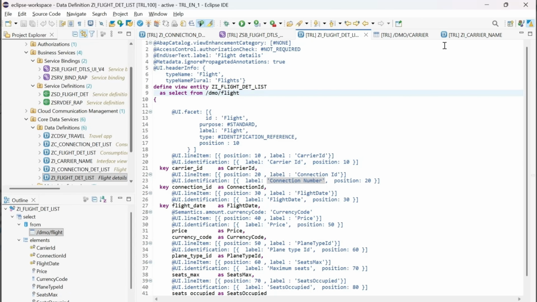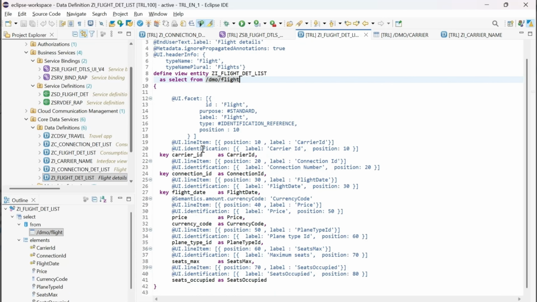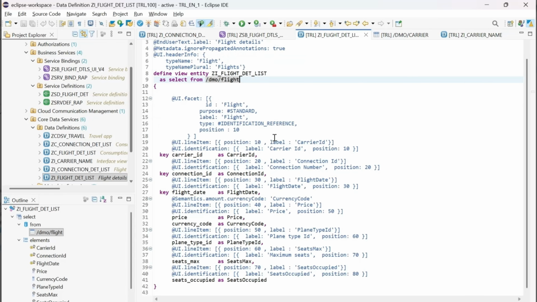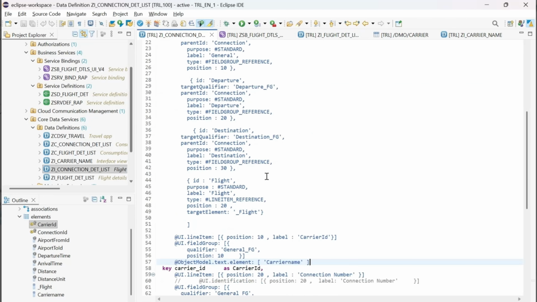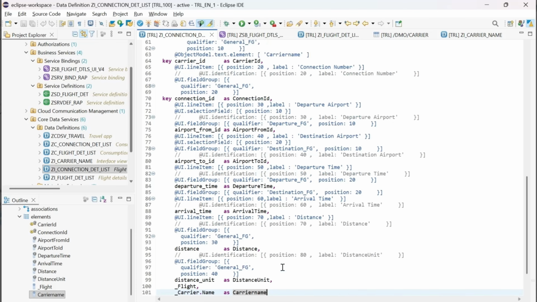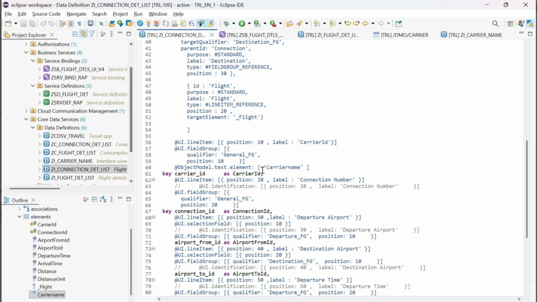the relation to your interface view with your flight one, and here you have to use the annotation, which is object model dot text element. And anyway we have added this semantics dot text to true, so we don't need to do that again since we have already done. But one more thing is, here you are accessing this name. Without accessing this also, you can make the text available by using the association. How you can do that means,